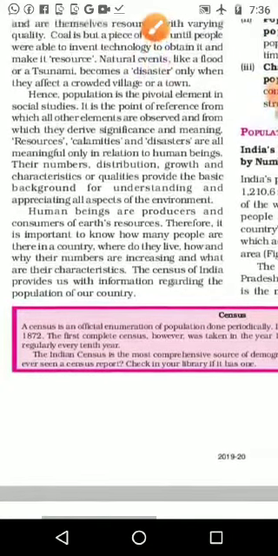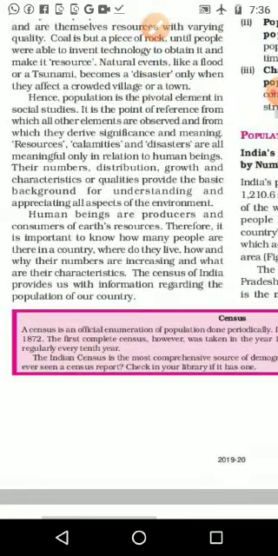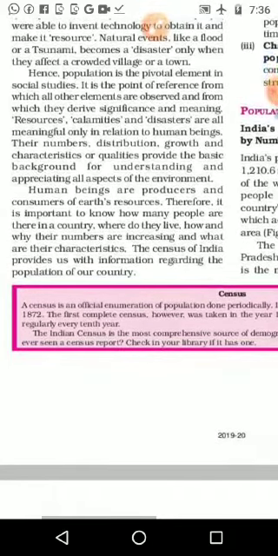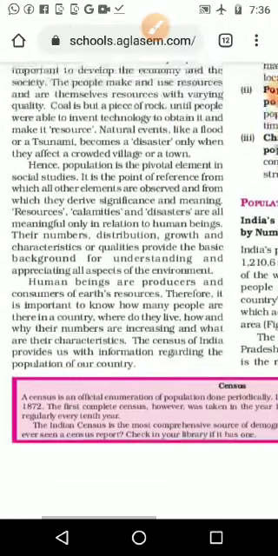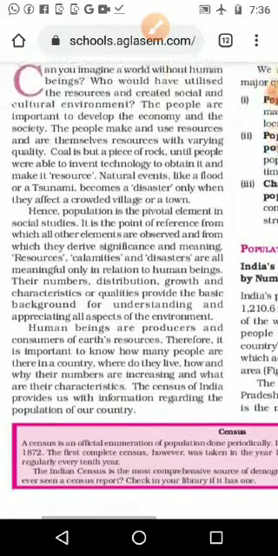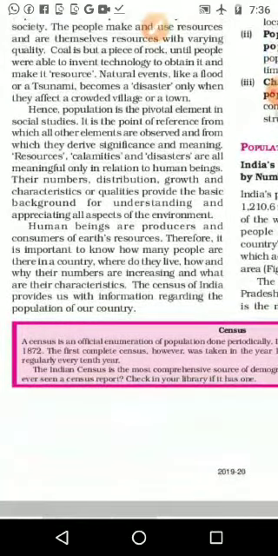Population is a pivotal element in social studies. We can't avoid it. In history we study human beings and different events of the past. In economics we study the economic activity of human beings. In civics we study the political activity of human beings. And here in geography we study the basic resources and their relation with human beings. So social science means the science which deals directly with human beings.